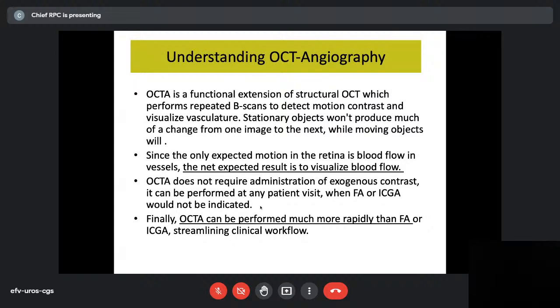I'm not against FA-ICG. I still think it was a basic imaging modality for many, many years. For 40 years, we lived on FA only. Then ICG came. Again, we lived on FA mostly. Then suddenly in the 2000s, the OCT came. Then the OCTA came. All these things have come in and they've really improved things. Wide field imaging came. So that has improved things.